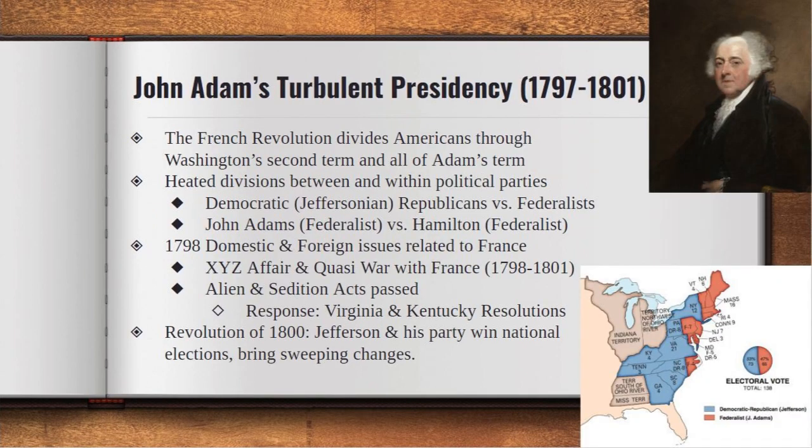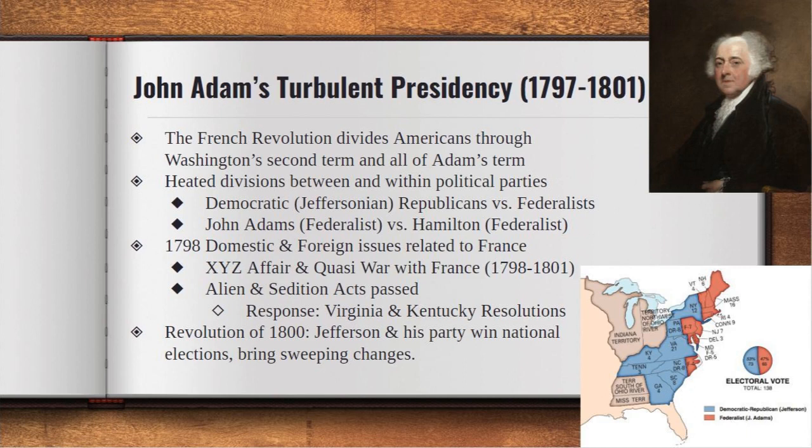Our last topic in our timeline is John Adams' turbulent presidency. He would only serve 1 term, partly due to foreign policy issues that also influenced domestic actions and divided the American public. The French Revolution had many twists and turns during both Washington and Adams' presidencies. There were heated debates and divisions about whether or not to support the French Revolution or be more cozy with the British. Political parties in the United States had formed with Adams, a Federalist, taking a hard line with the